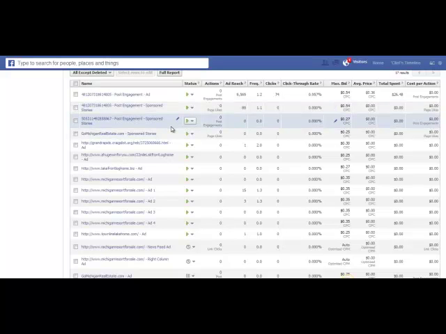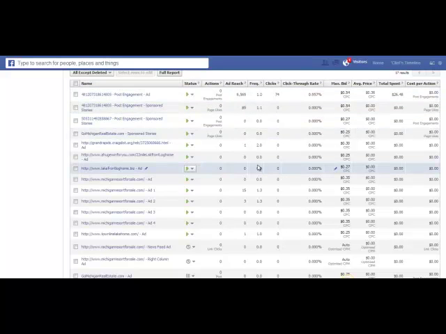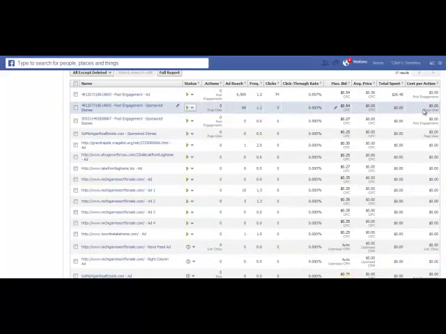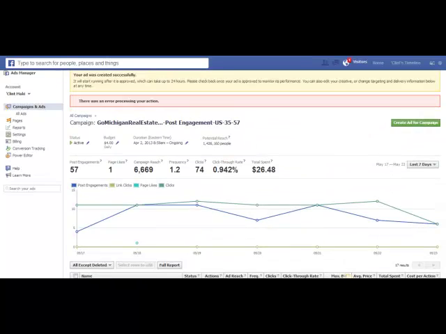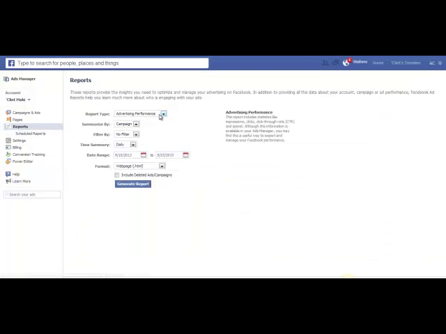You can see some of these here I've gotten absolutely no clicks on. Here's one I got a lot of clicks on, and other ones I have gotten very few. Now let's go back to the ad center here. I'll let you guys figure this out. This is just a graph showing you how many people have liked my page, how many people have actually seen the ad going up and down, and you can do reports on your advertising performance by campaign, by filter, within a certain date range,